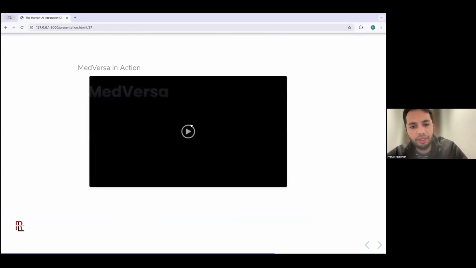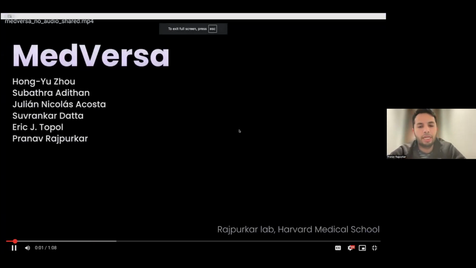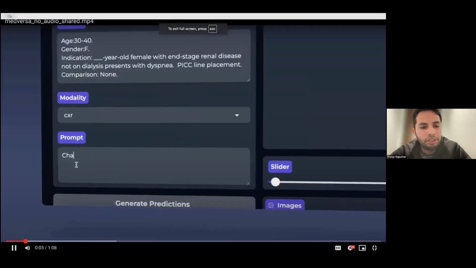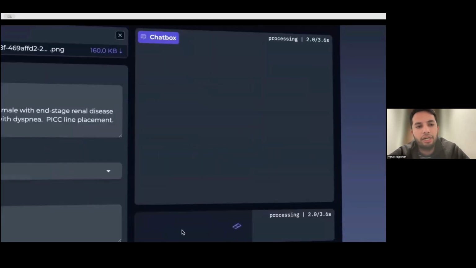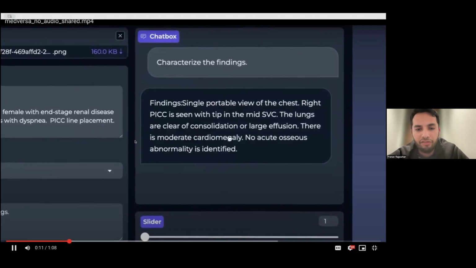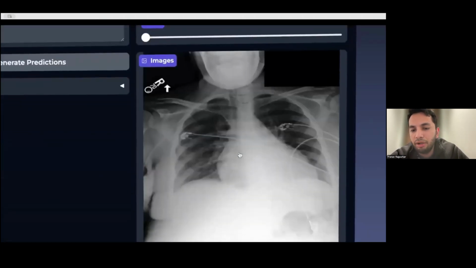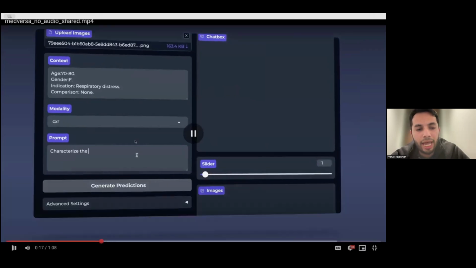And so I want to share with you a video of MedVersa in action to illustrate the capability of such a model. So here we start off by asking the model to characterize the findings on an image. Note that we have given it the indication available to us, and the model spits out this particular findings paragraph. Now, this happens to be correct for this image, and we're going to look at another case.